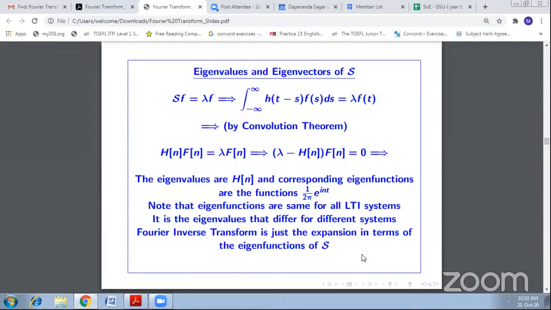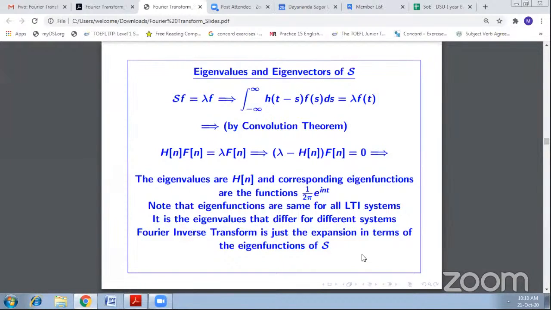Notice that the eigenfunction does not involve anything about the system. It is a standard function, 1 by root 2 pi e to the int. It has nothing to do with any information about the system. So the eigenfunctions are the same for all LTI systems. That's the beauty. And therefore, eigenfunction expansion means expansion in terms of these exponentials, which is exactly Fourier series. Therefore, Fourier series becomes an important ingredient to study LTI systems, because that gives you the eigenfunction expansion for